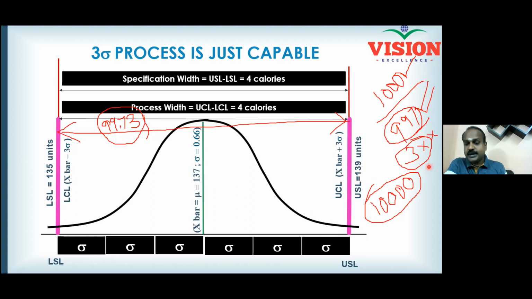Now tell me, how is your business going on? Are you happy with your business? You produced 1000 milk bottles and 997 the customer accepted. Now you can raise the invoice for 997. Only 3 bottles the customer rejected, you can't raise the invoice for them. And now, are you really happy with the business?